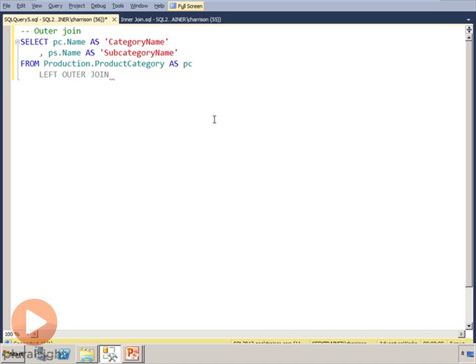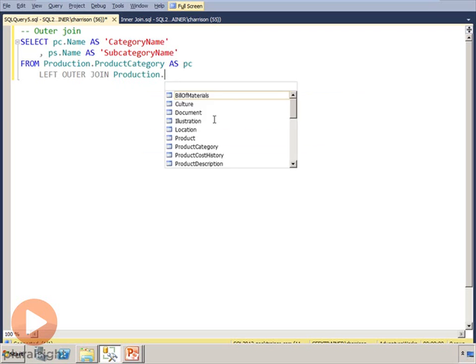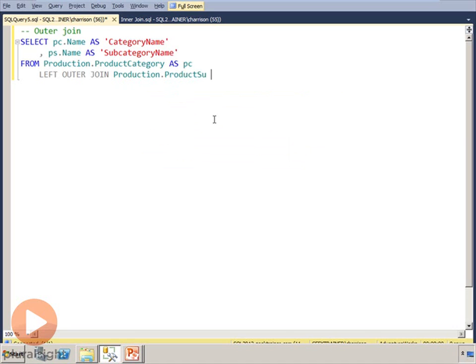In our case, we want them all from category, even if they don't match subcategory. So when I say left outer join, we're now pointing at category. That's where we're going to get the extra rows from. So we'll say left outer join, production product subcategory